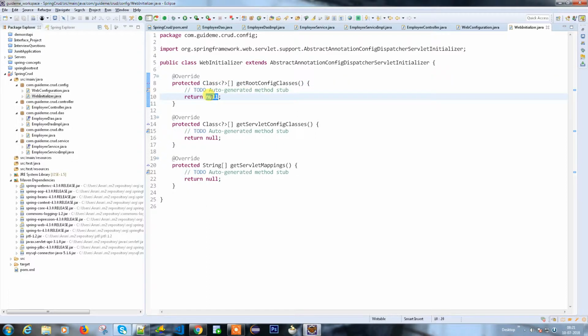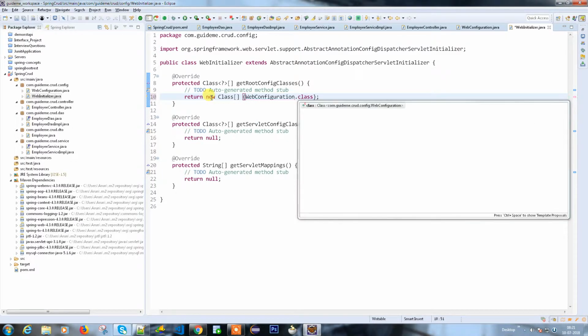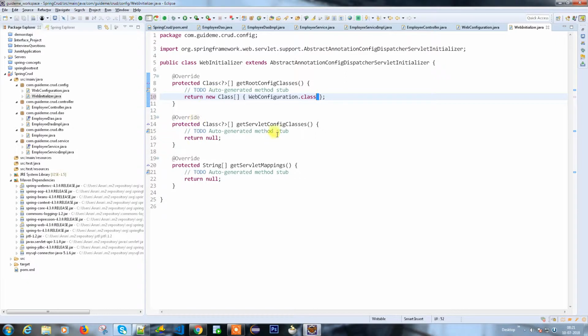Okay, so my configuration is a new class, and my class name is WebConfiguration.class. This is the configuration value I'm going to call. So getServletConfigClasses is not necessary here. So I need to provide the servlet mapping. Okay, so this is pretty much like a servlet configuration. So here I need to provide